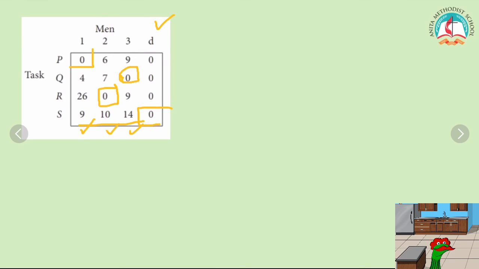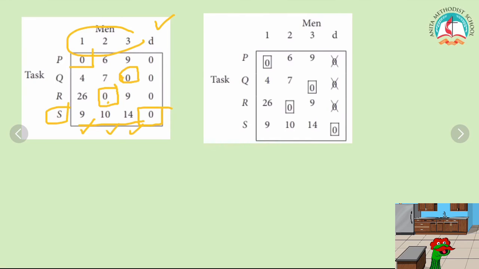Therefore we are going to assign the last 0. We have only 3 men. Therefore only 3 tasks could be done. For the S task there will be nobody to complete it. So now we got P1, Q3, R2 and for S nothing. So you have to write 0.